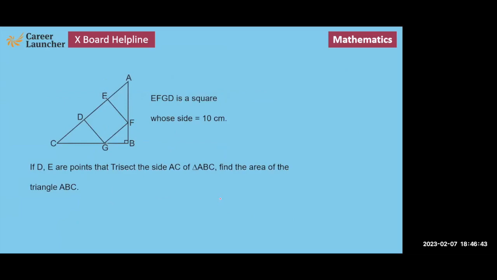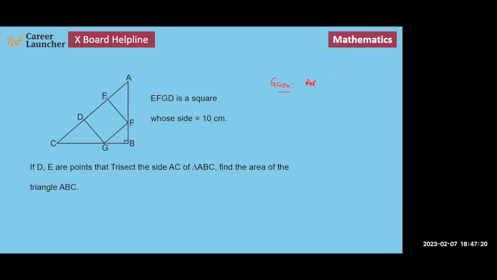तो यहाँ पे क्या डेटा दिया हुआ है? ABC is a right angle triangle. EFGD is a square whose side is equal to 10 centimeter. If D and E are points that trisect the side AC of triangle ABC, find the area of triangle ABC. आपको ABC का एरिया पता करनी है।